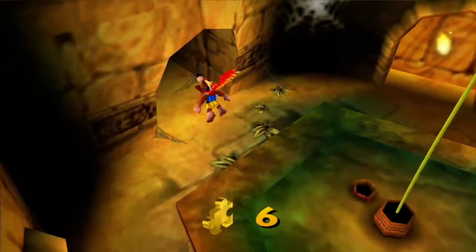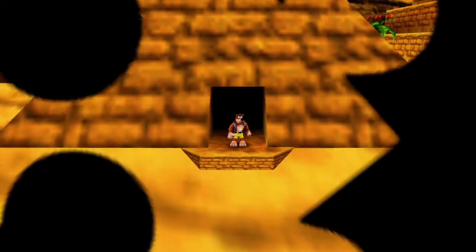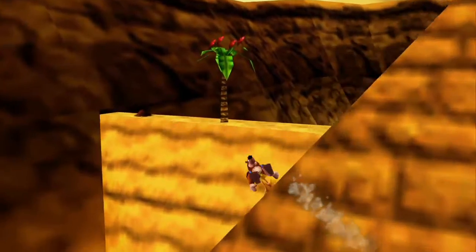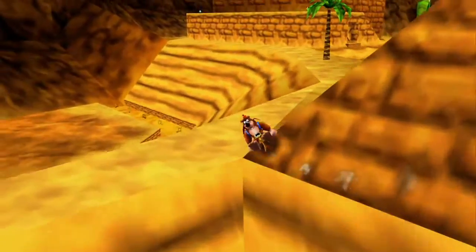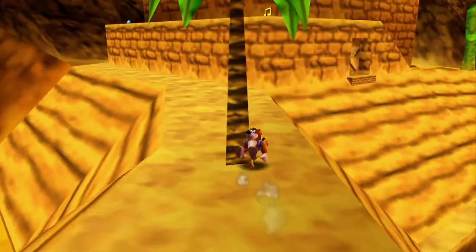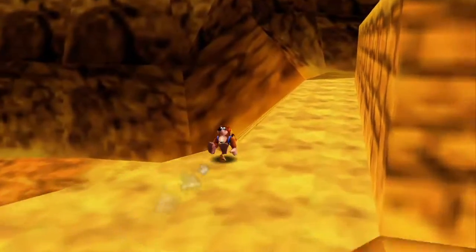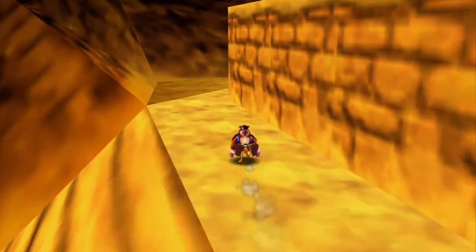We got two. I got one more easy Jiggy, one questionable difficulty Jiggy, and then one annoying Jiggy. But past that, I'm pretty much done. And then of course the Jinjos. Jinjos aren't super hard to get. What Jinjos are we missing actually? Pink and blue, yeah. So the pink Jinjo's in one of the